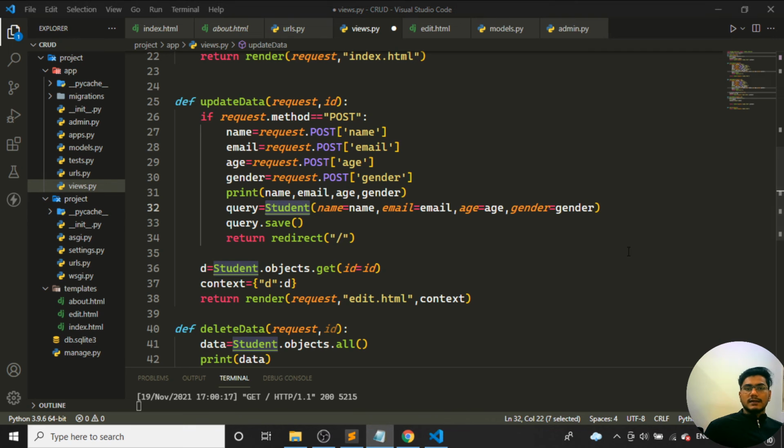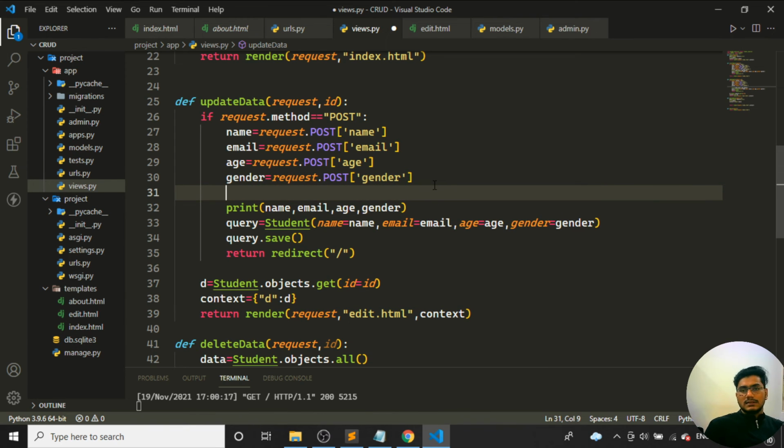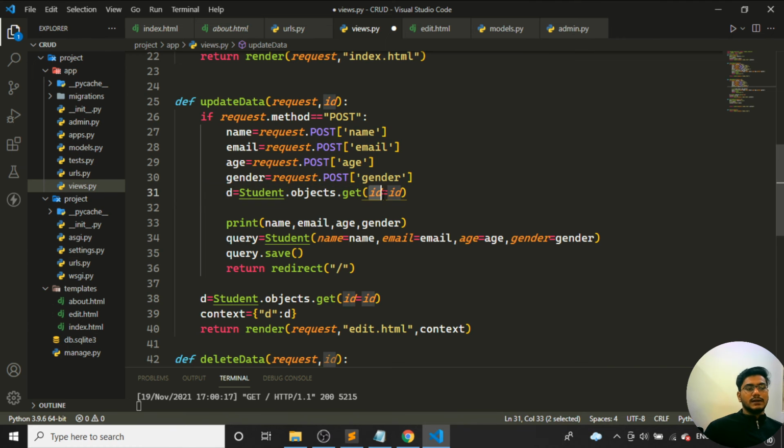So to avoid this, I can do one more thing. Anyways, I'm taking all these attributes from the form. After I take them, first I need to run this command. I'll get the particular ID of it, which is the ID I want to update. Anyways, I'm passing the ID here, so that particular ID will be here. I'll call it edit here. So edit is equal to student.object.get id. I'm getting the particular get id over here.